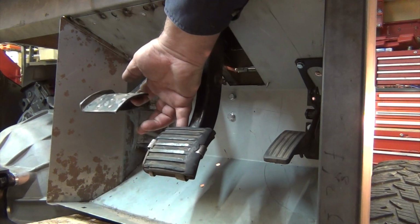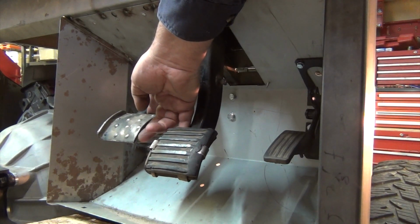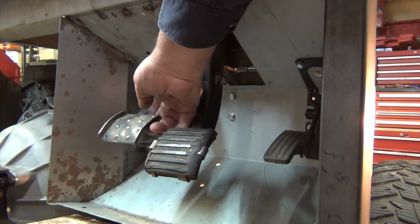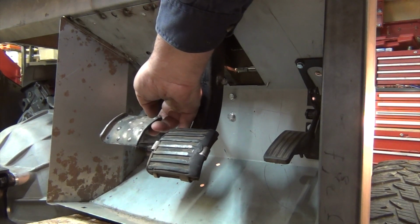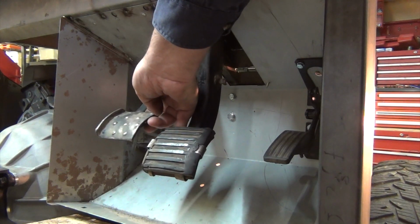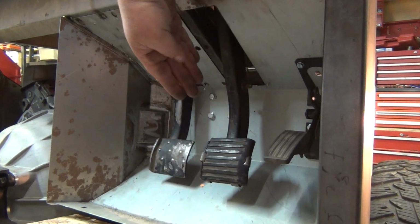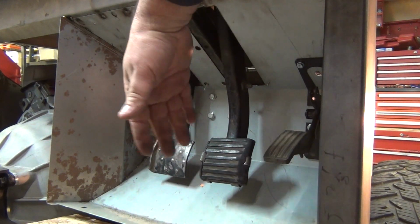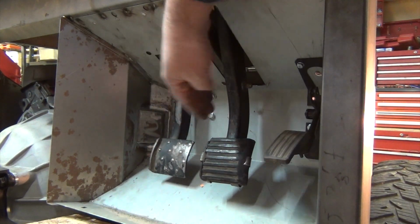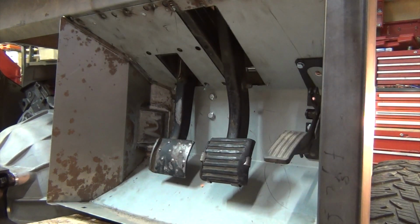Now the clutch does need some sort of adjustment and dropping there as well. So with the clutch we can either extend the length of the arm and change the shape of the arm a little bit to bring it in line with these two. And the brake pedal itself and the assembly came over